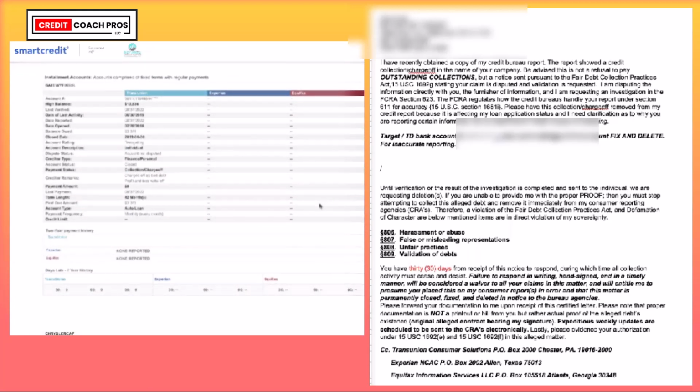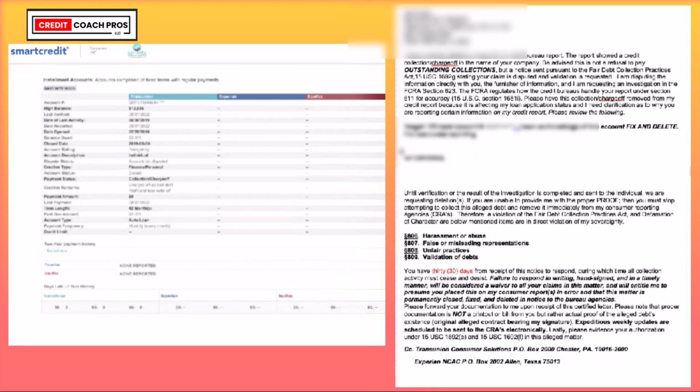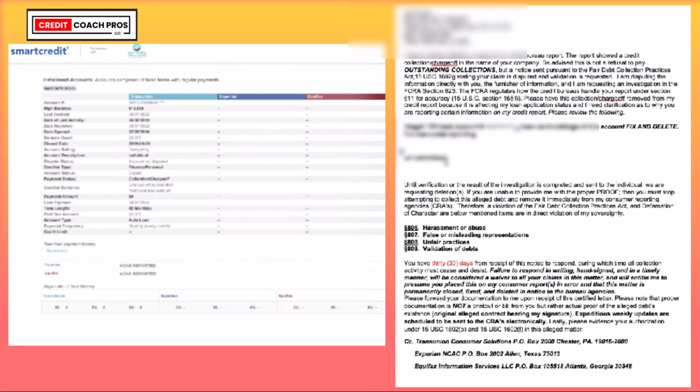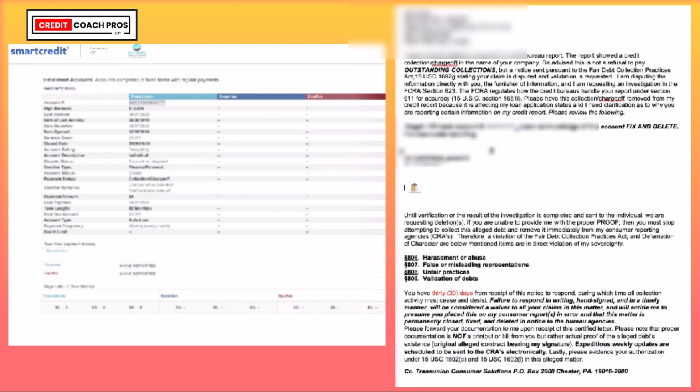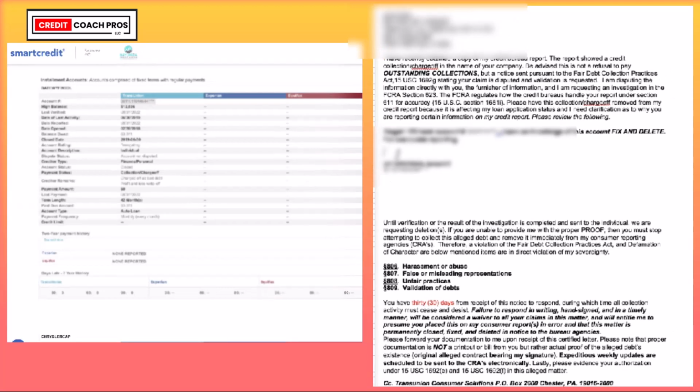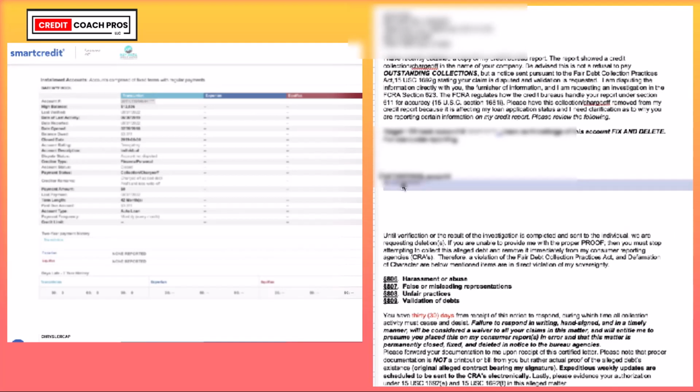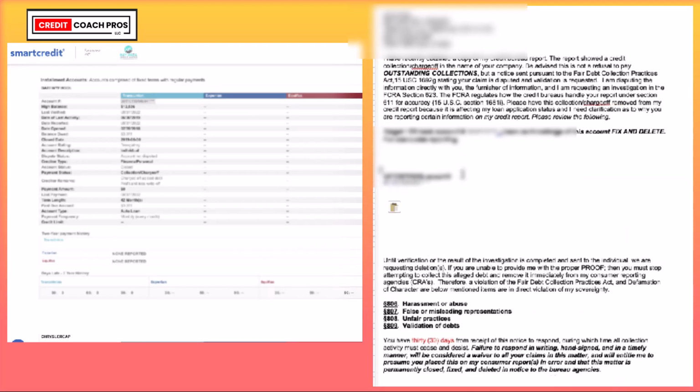Okay. Here's another one that's listed as derogatory. So we're just going to copy the account name and we're just going to type in the account number. And we're just going to copy the account number from the credit report. And again, if you aren't comfortable doing it on the computer, use the same concept. Print, write. You can hand write a letter. You can do it however is going to be most efficient for you